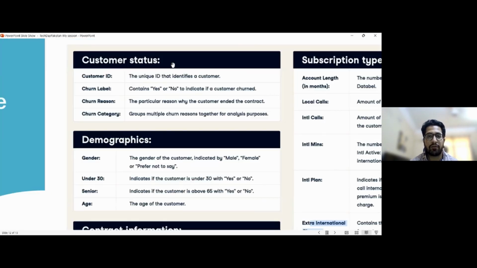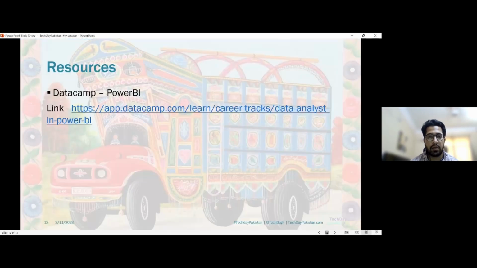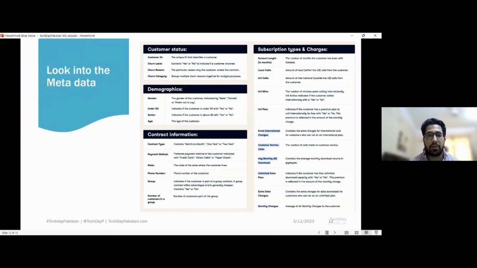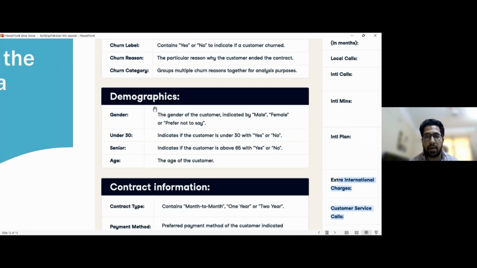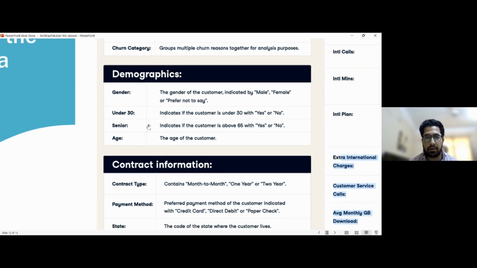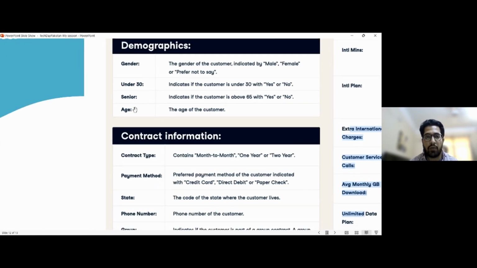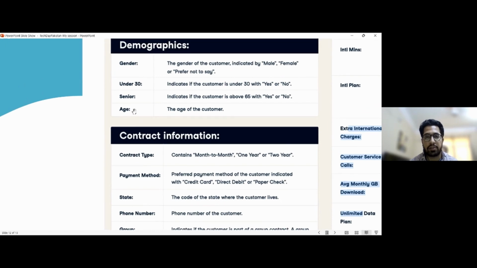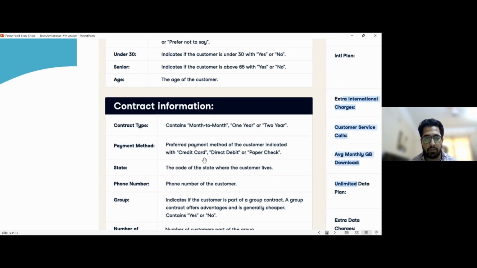So here you can see there are different segments of data, different fields which could tell us more information. For example, from a customer point of view, we can understand what churn labels we could use, what the churn reasoning is, what the churn categories are, what the purpose of churning is, and demographic data: which segment of the population is churning the most. It will help us understand and also target